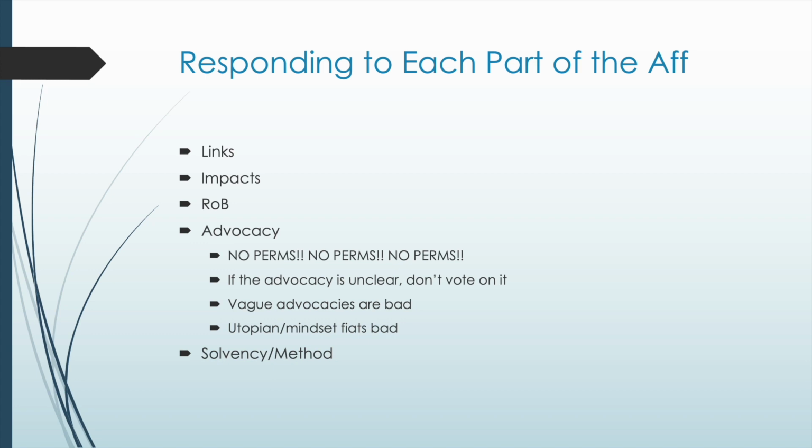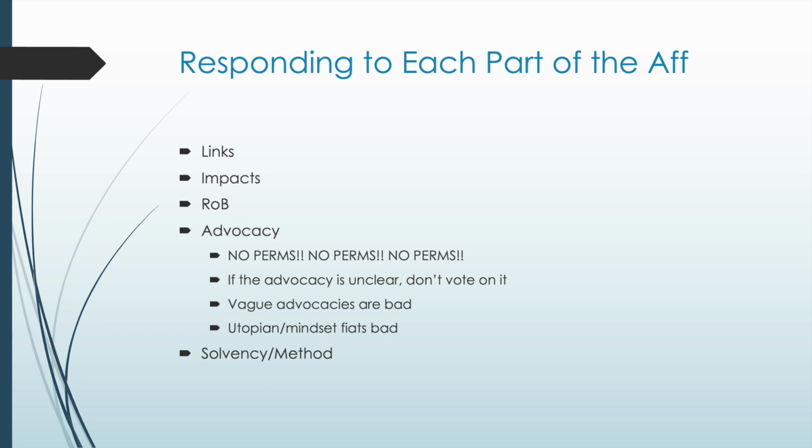If you're confused by that or any of the language I just used about test of competition and all that stuff, check out the video on perms. I explain why perms are exclusively an argument of the affirmative. And if you're still unclear, feel free to leave a comment or reach out. Bottom line, you cannot perm a K Aff. But there are arguments you can make against the advocacy proper.